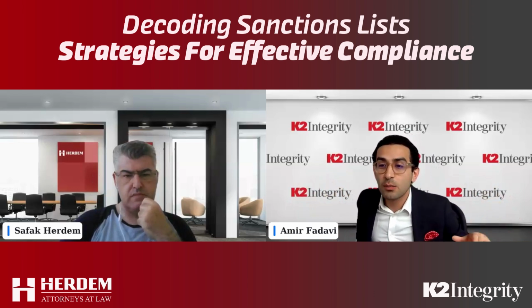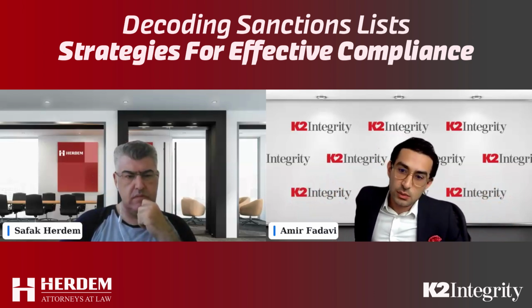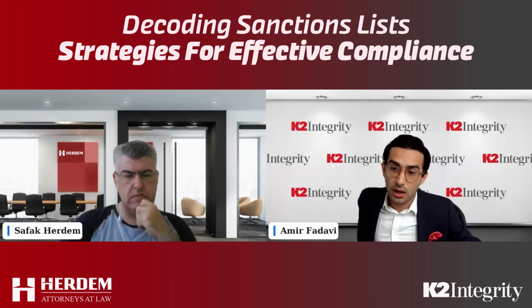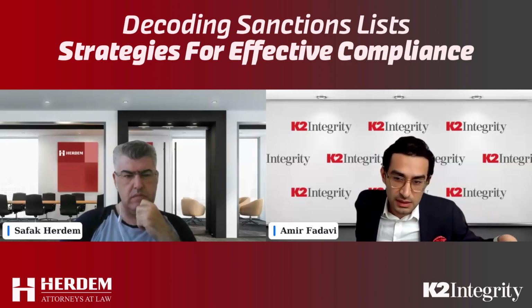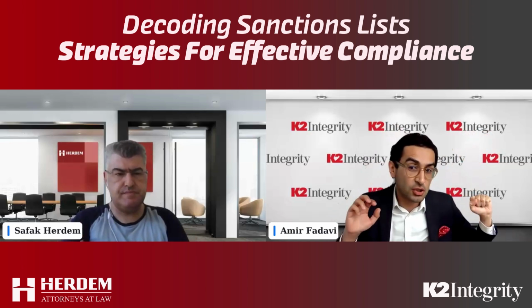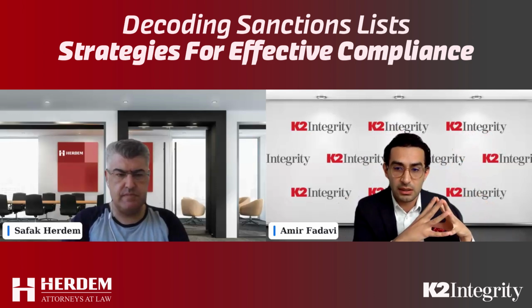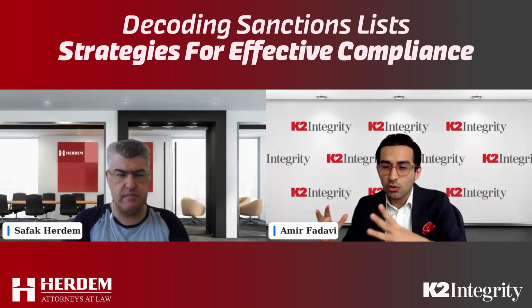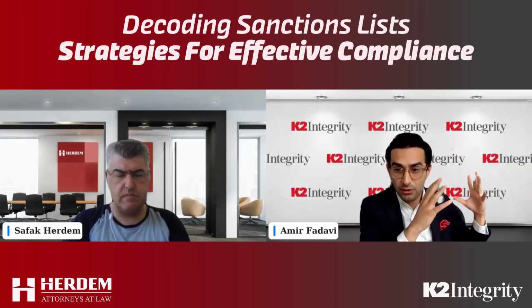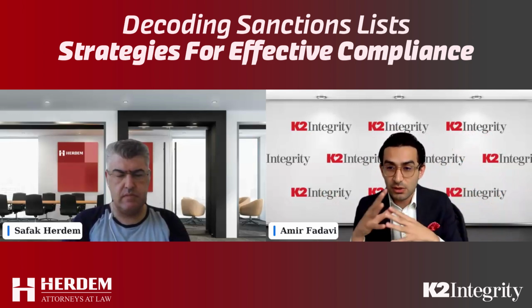And lastly, I hear more and more people talking about another list, published by the Department of Homeland Security, the Uyghur Forced Labor Prevention Act list. I wouldn't call that a sanctions list, but it's again a list published by a US agency that has the names of entities in the Xinjiang region of China that are allegedly using forced labor in their production. So as a US company, you have certain obligations toward that list. That's only the US. And then you have UK sanctions lists, and then you have EU sanctions and all other countries.